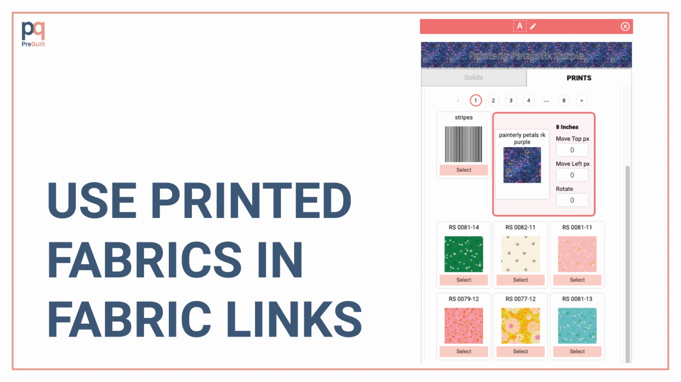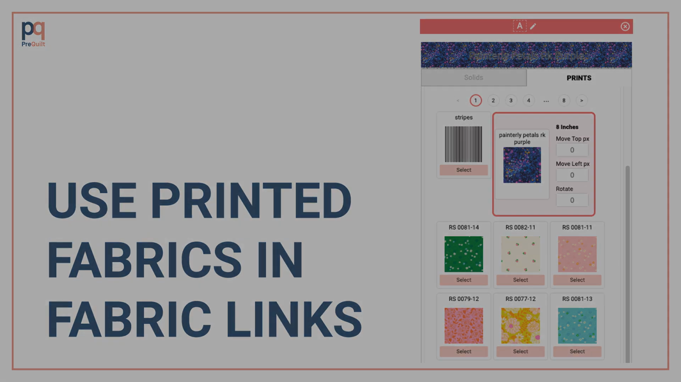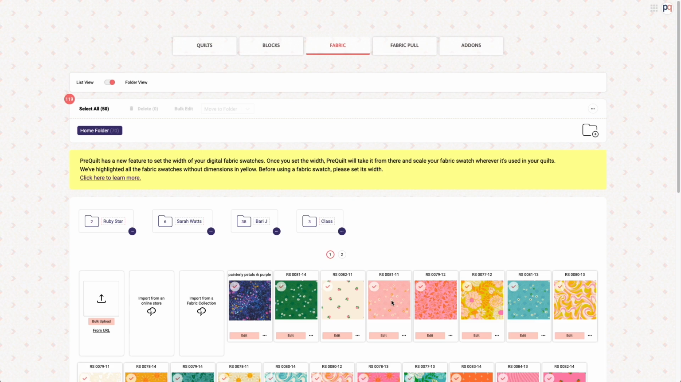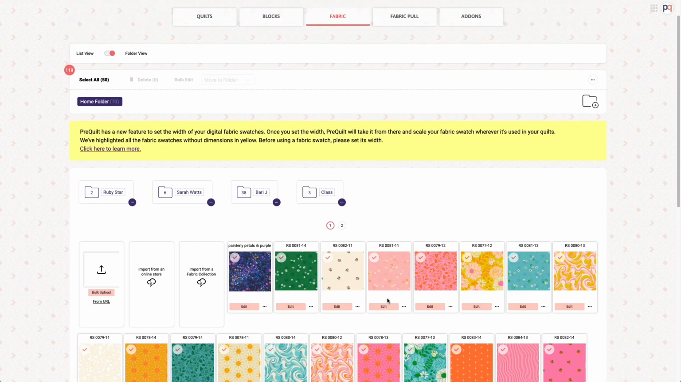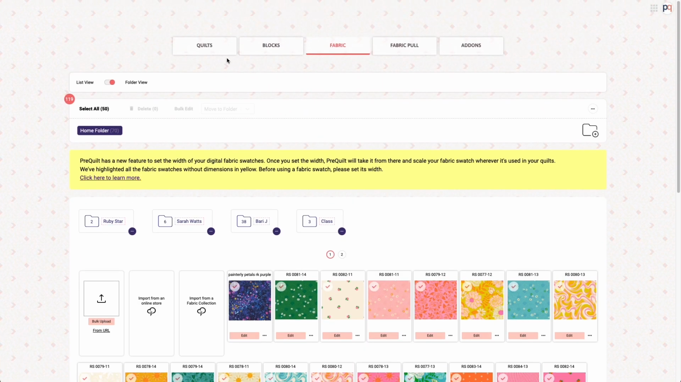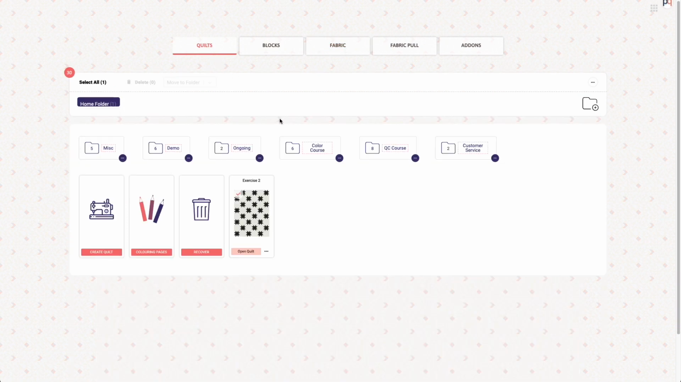Now that we have our printed fabric swatches downloaded to our computer and then uploaded into Prequilt, we can now use them for the fun part, which is visualizing printed fabric swatches in your quilts. So we can see here on the fabric dashboard, we have all the fabric swatches that we've imported into Prequilt here. And I want to go back to the quilts so that we can add those fabrics into our quilt